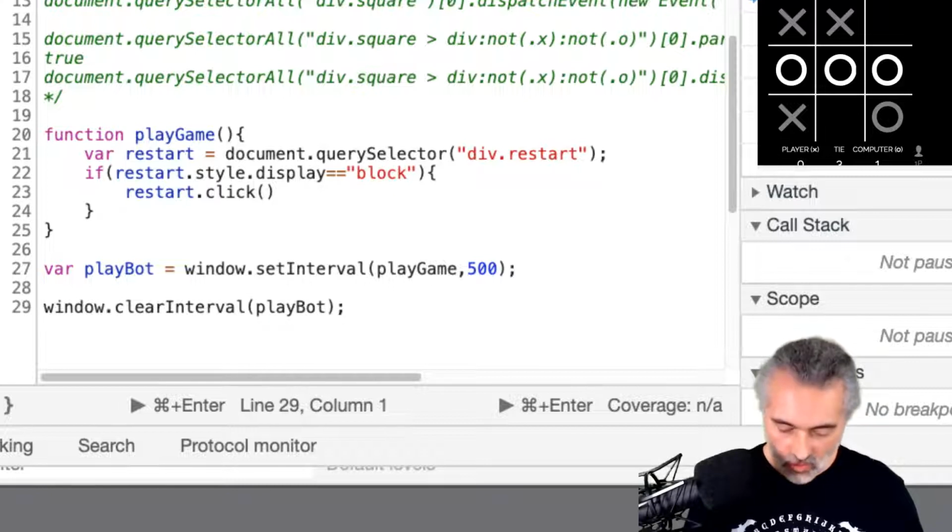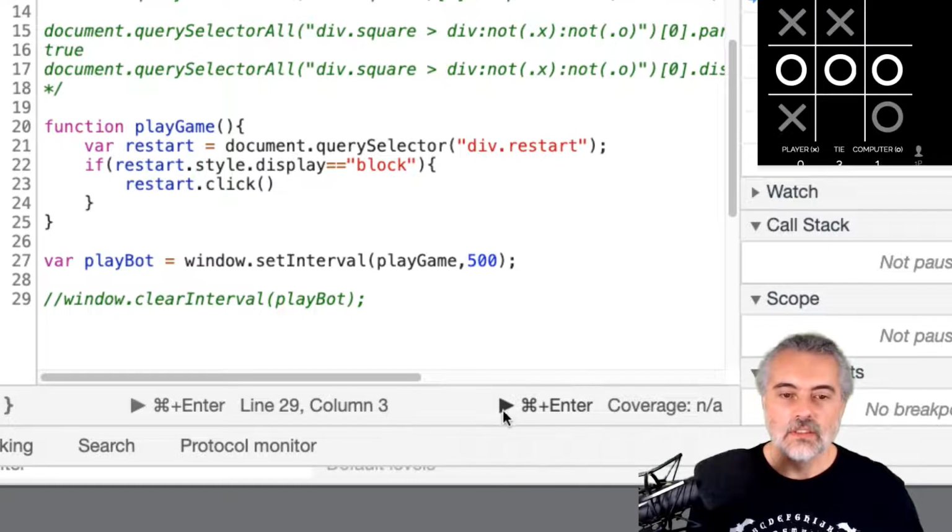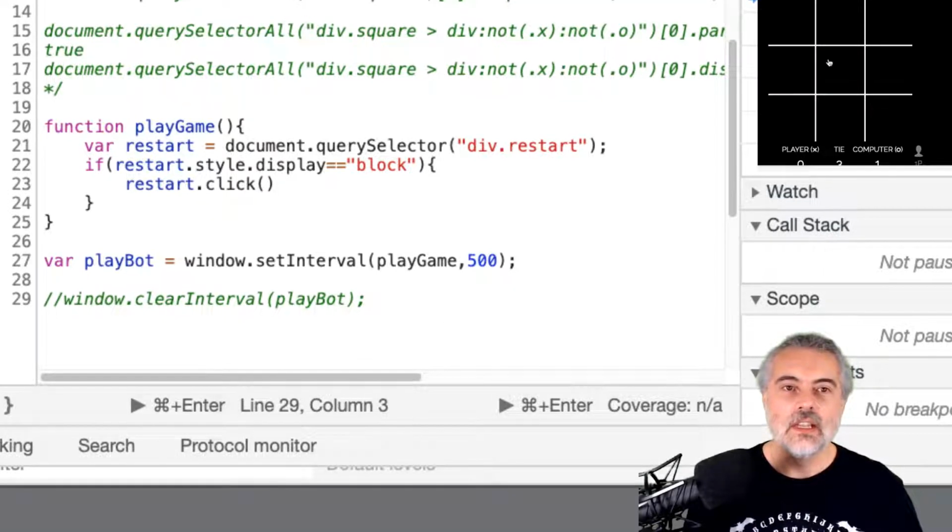And I'm going to add that as a comment. So what we've got here is, let's see if it works. So run it, there's no syntax errors. If I play the game,